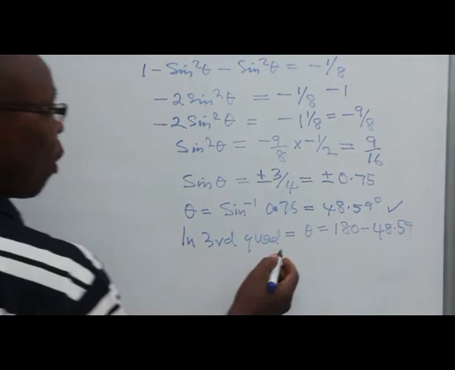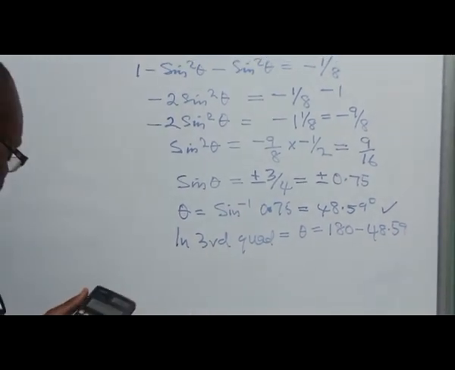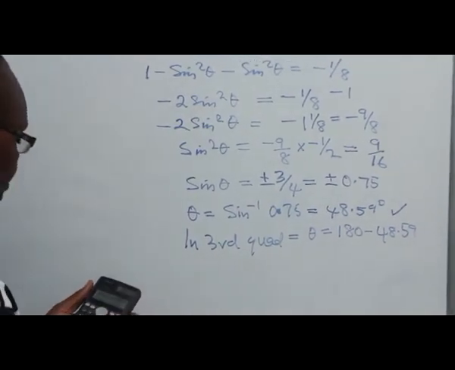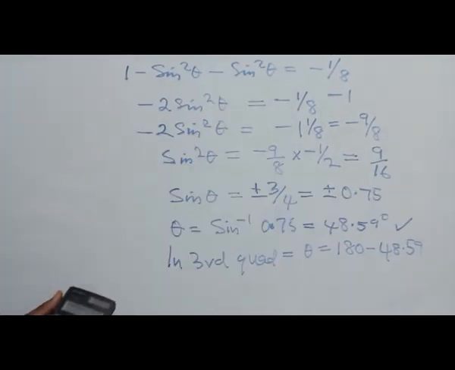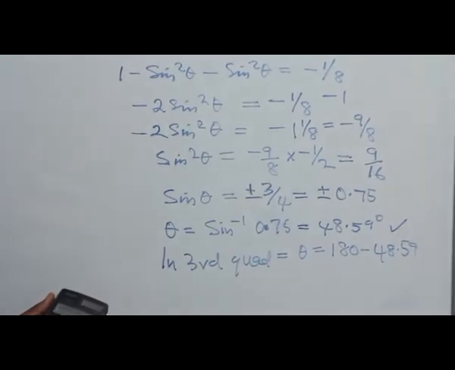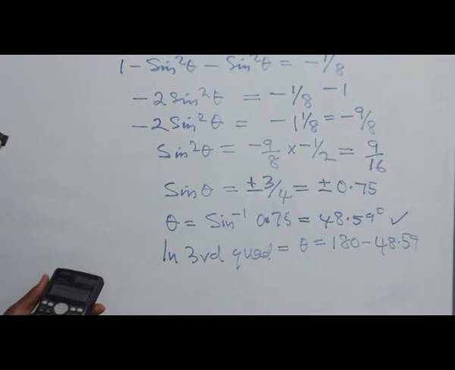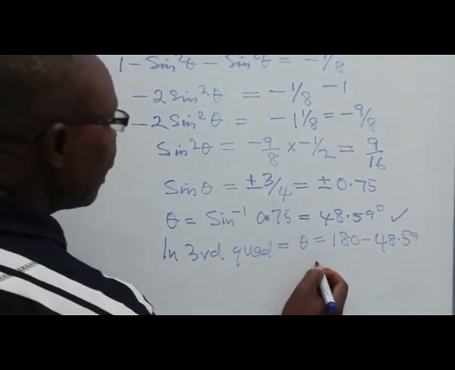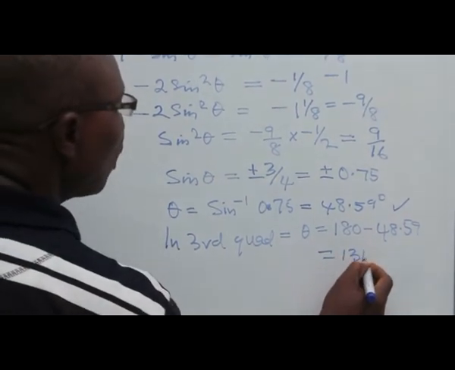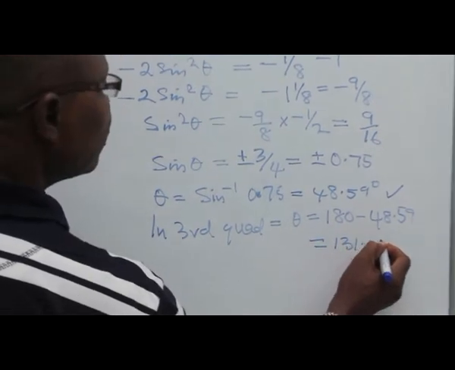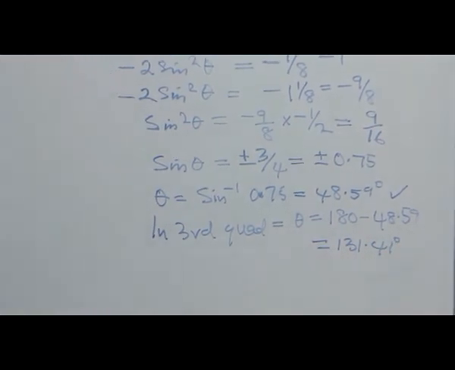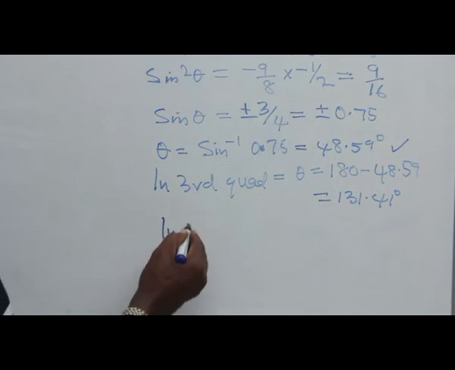And that will be equal to, let's get that value out, 180 plus 48.59 will give us 228.59 degrees. In the fourth quadrant,